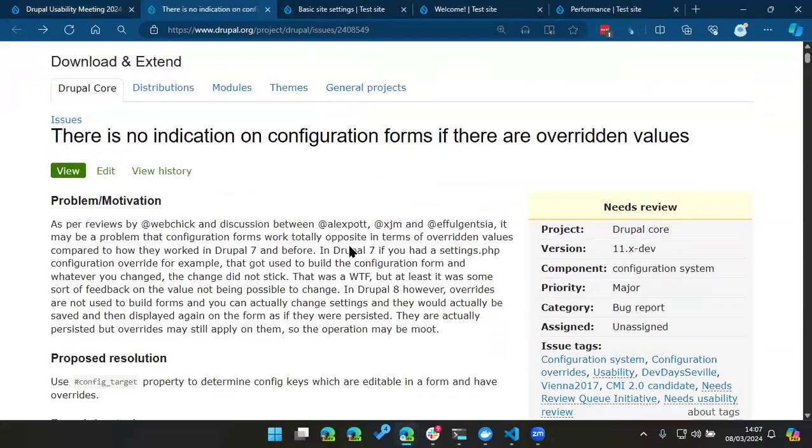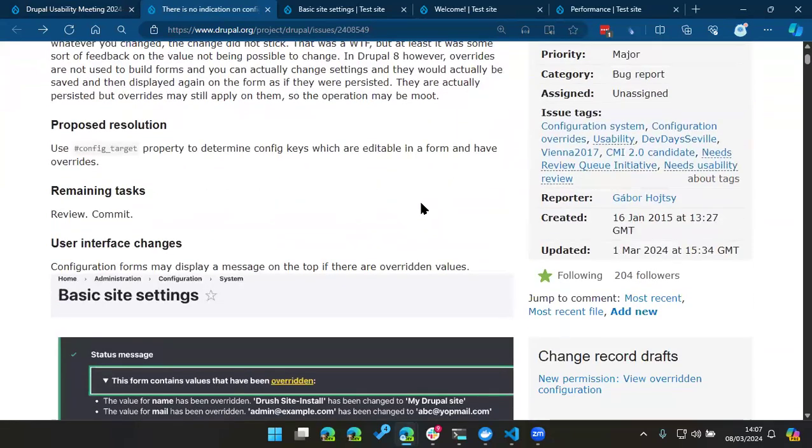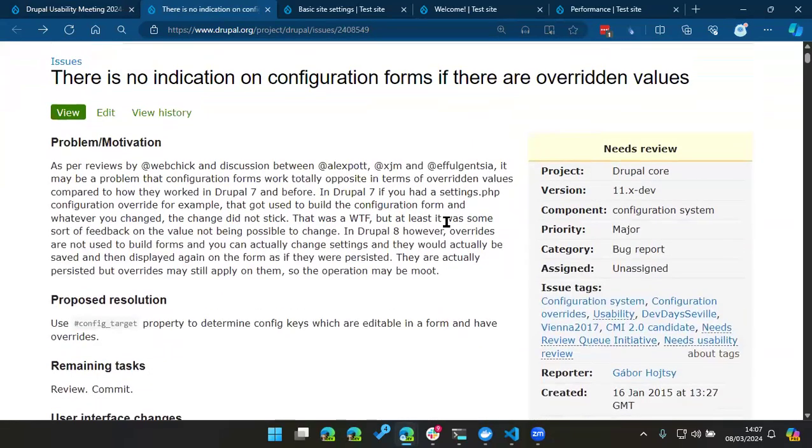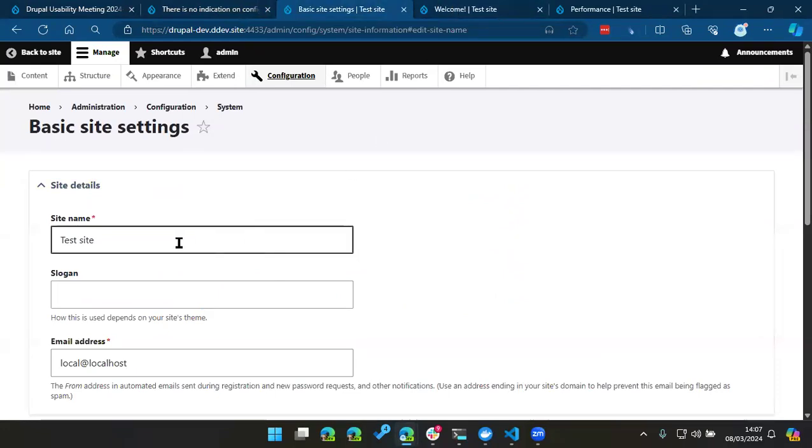Today we're first of all looking at this issue: there is no indication on configuration forms if there are overridden values. That's issue number 240859. And the idea with this issue is that when you have, if I jump over to a site here,